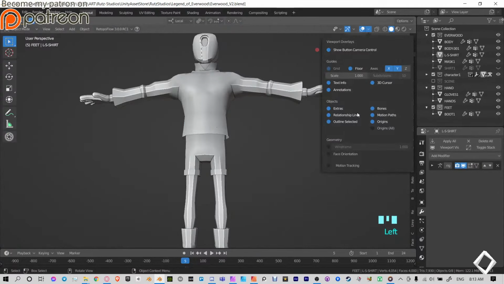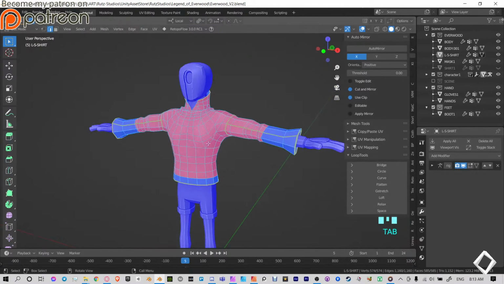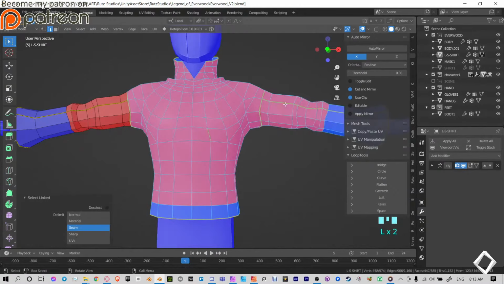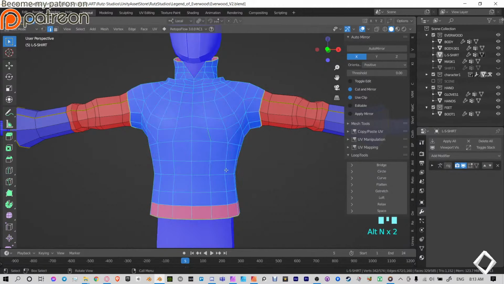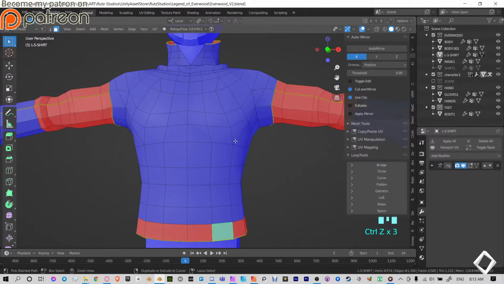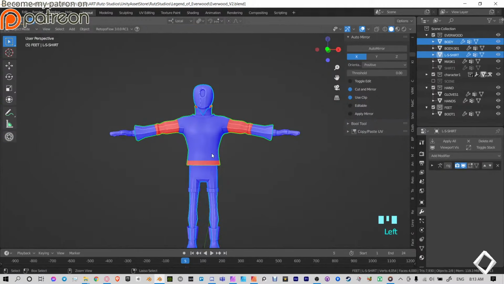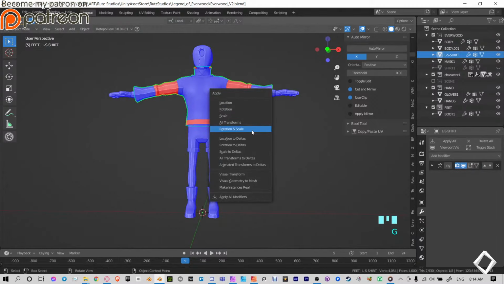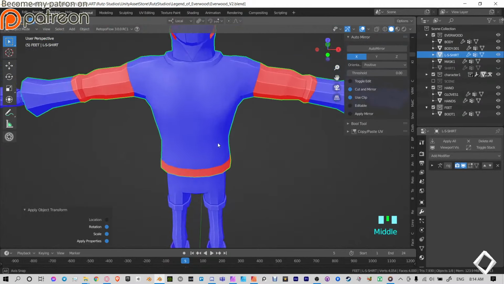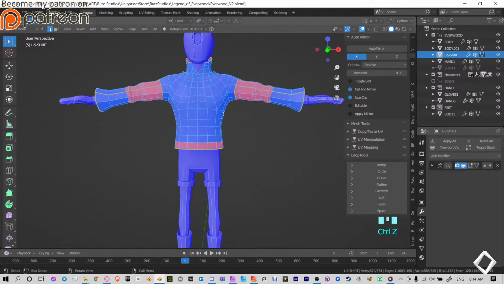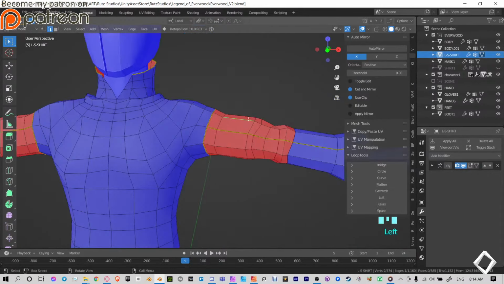Calculate the normals just to make sure everything is on the right side. Like that is wrong. Recalculate the normals. Okay, so let's see if we can flip it. Okay, so actually this is not working the right way because we need to control A. We control A and rotation and scale. You want to apply those. Okay, now